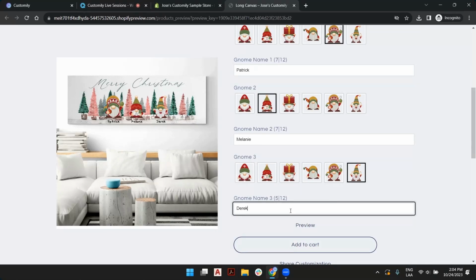Now, the way this works is that Customily will load a template and an option set in the front end of your store for each product. Within the app, you will have many tools to create these templates and options. But that's not all. Apart from the live preview, Customily will take the personalization information from the orders you receive and create a printing file